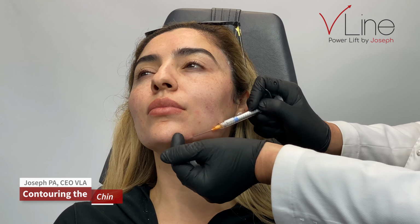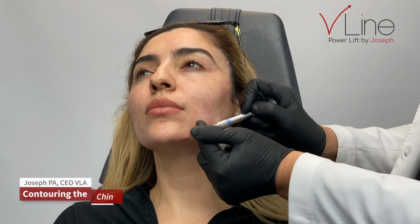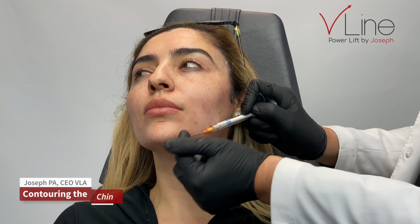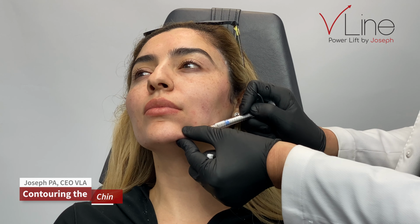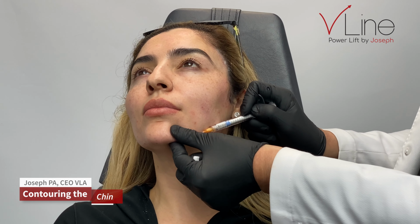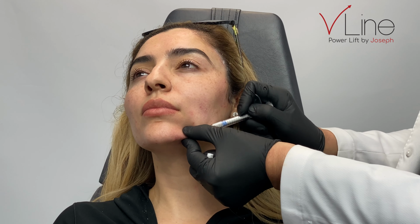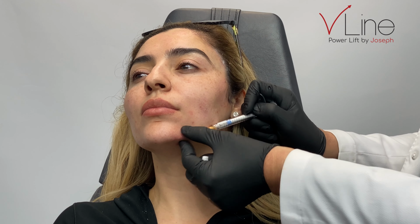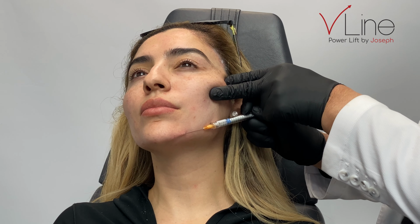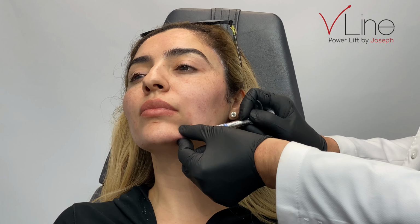These shadows, if you treat them and fill them, they actually lift the mouth corner. And why when you treat here does this lift? Because you're deactivating these depressors of the mouth corner. These are what make the mouth corner go down. So when you treat them, they can't move. Then these muscles take over and pull the mouth corner up. That is the reason that treating here